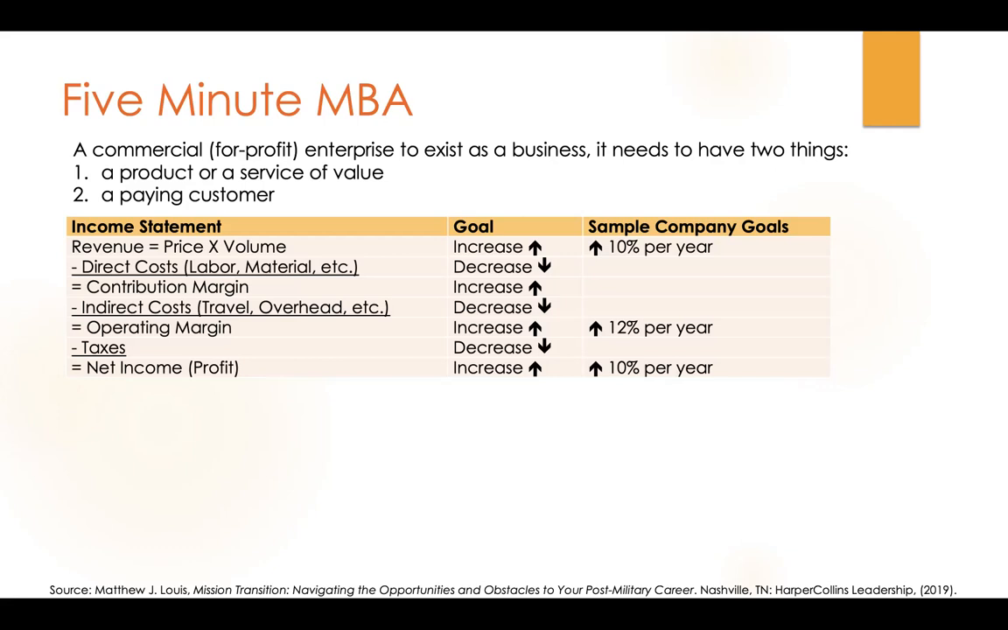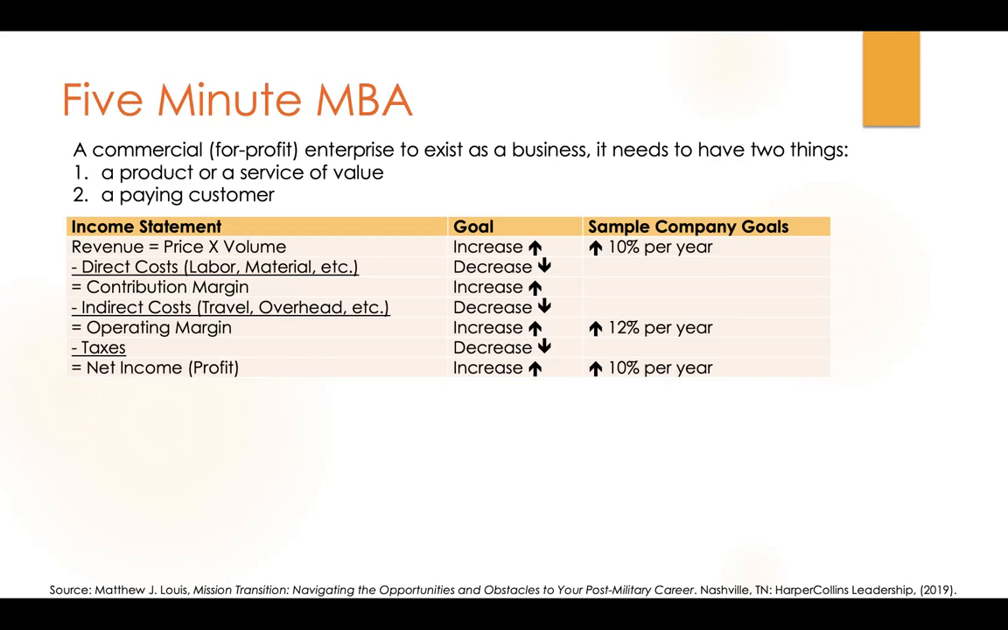And your goal as a business is to decrease the cost of those direct costs and thus increase the contribution margin that one realizes. From contribution margin, we subtract indirect costs. And these are things like travel, overhead, management, what have you. And as above, we want to decrease the amount of indirect costs that, as a result, increases what's called our